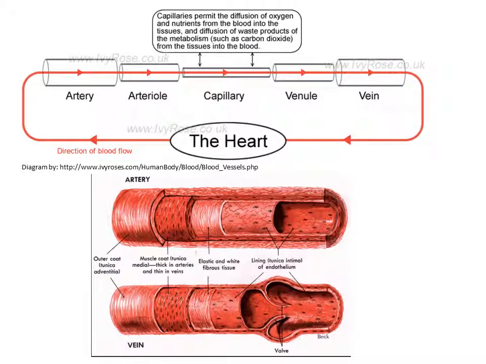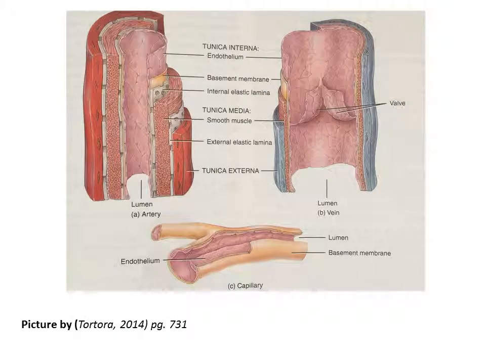There are 5 main types of blood vessels. These include arteries, arterioles, capillaries, venules, and veins. The wall of a blood vessel consists of 3 layers. These include the epithelial inner layer, a middle layer consisting of smooth muscle and elastic connective tissues, and a connective tissue outer covering. The 3 structural layers of a blood vessel are the tunica interna, which is found in